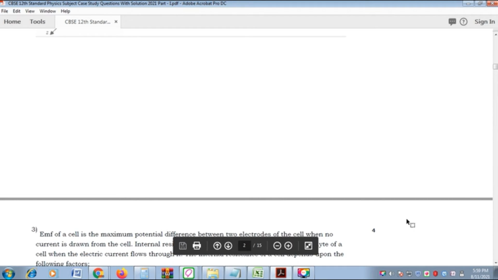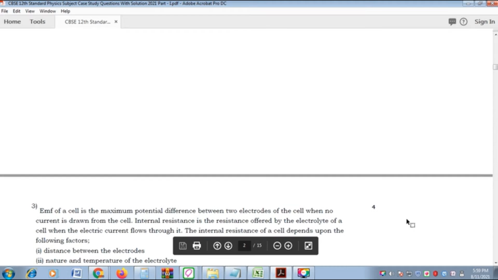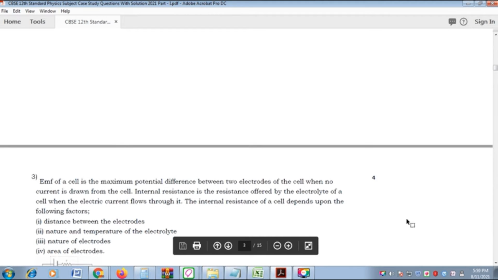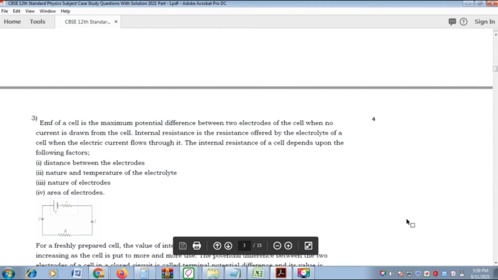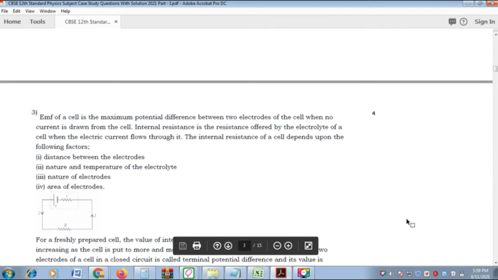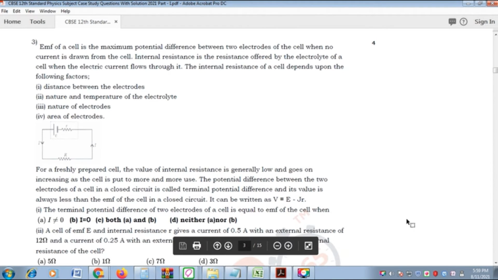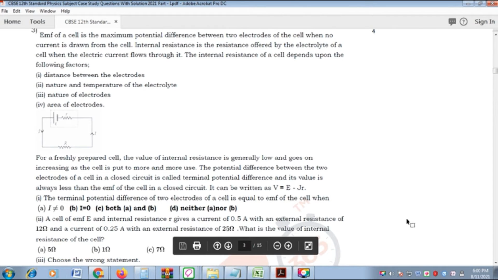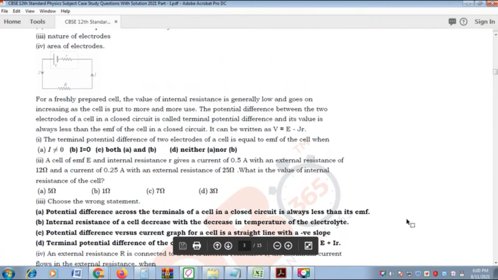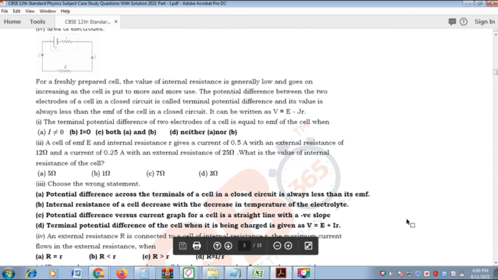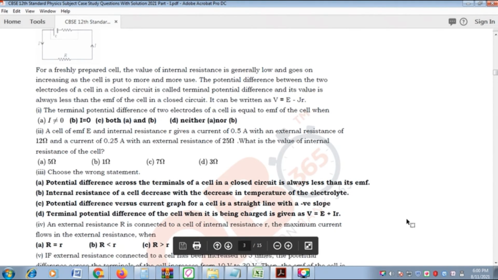Not only the case study, we are providing all kinds of NCERT solutions, and solutions by authors like R.D. Sharma and others, and creative questions with detailed solutions, higher order thinking and value based questions, and also the previous year papers and previous year questions for the last 15 years.